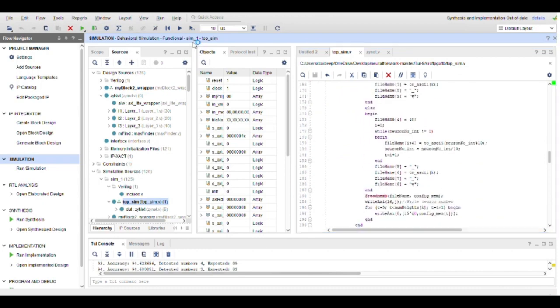As you can see, this is in the same directory as our project. If you open any random test data, it has the 784 pixel values in binary, and in the 785th line there is the actual digit. If we now simulate this test bench, as you can see,